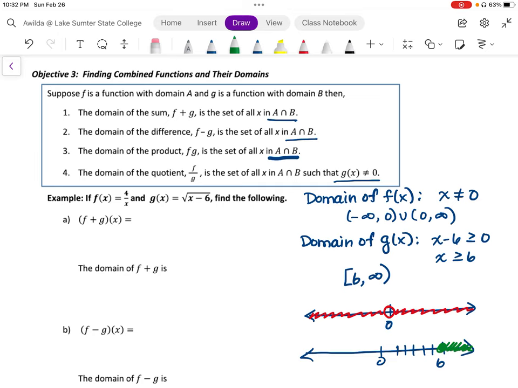That would be the intersection. So in other words, where these two graphs overlap is right here where the left boundary is at 6 with no right boundary. So we are looking at